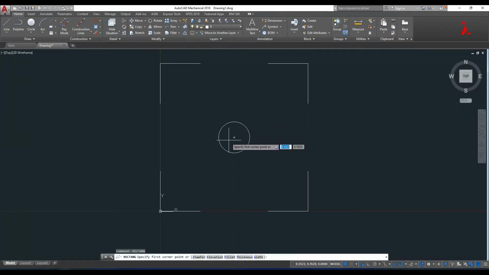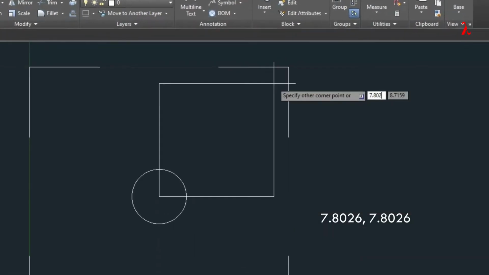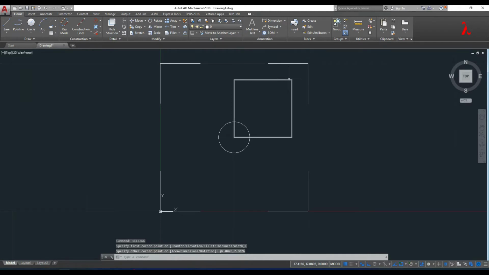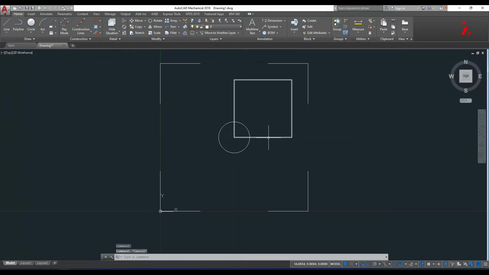and then the first corner is here, and then the other corner as 7.8026, 7.8026. So half of 7.8026 is 3.9013. So we move it by that, or before that we can move it by simply, and let's type in